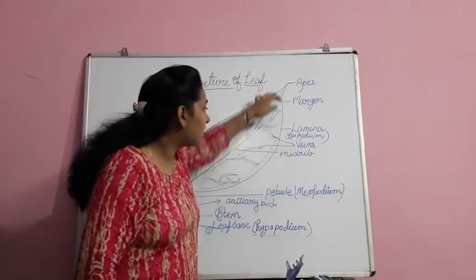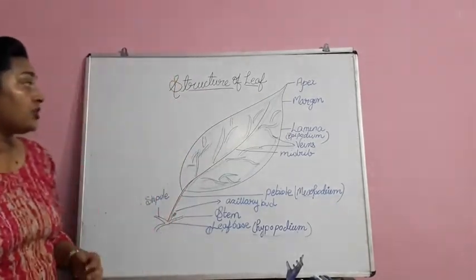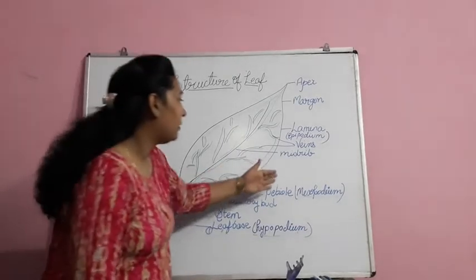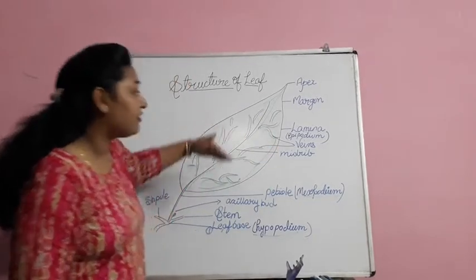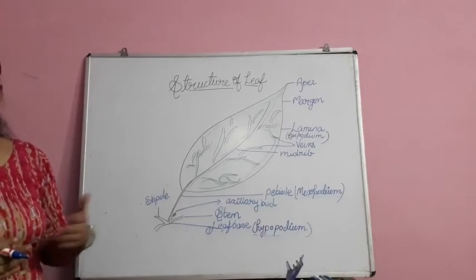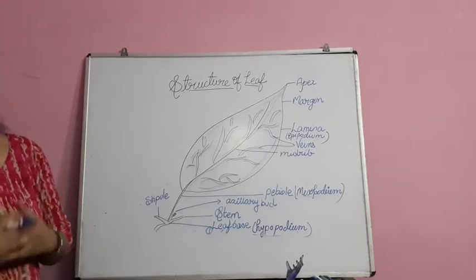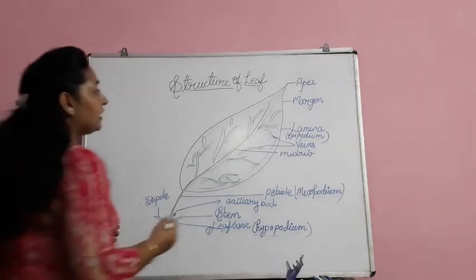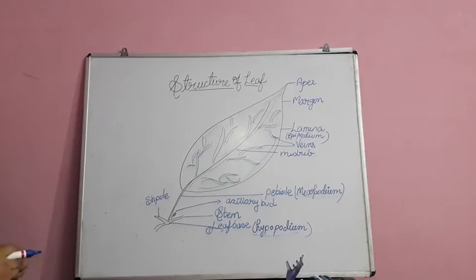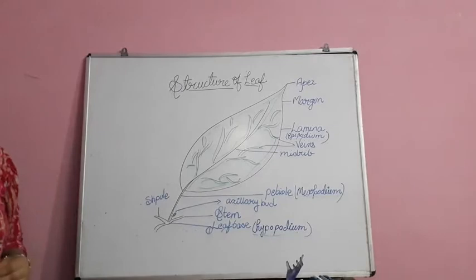Next to this, the entire section of this leaf is called the lamina, which is also given the name epipodium. This epipodium or lamina is the full flattened surface which does the work of photosynthesis, respiration, making food, storing food, transpiration, all that kind of work. This place is called the margin, and this topmost, sharp pointed place is called the apex. So this is the total overall structure of the leaf.